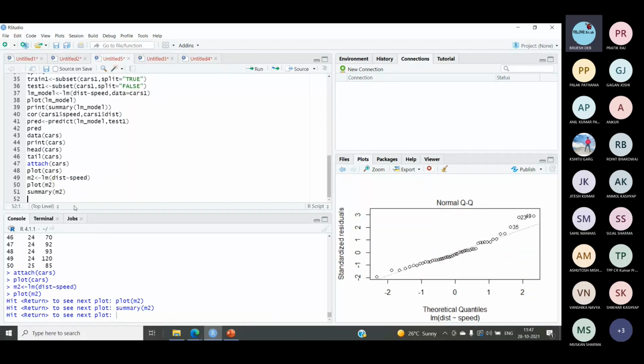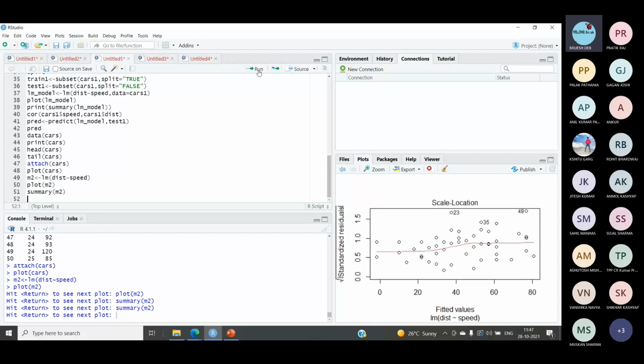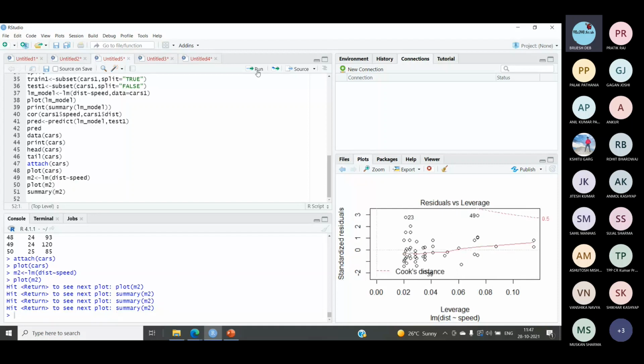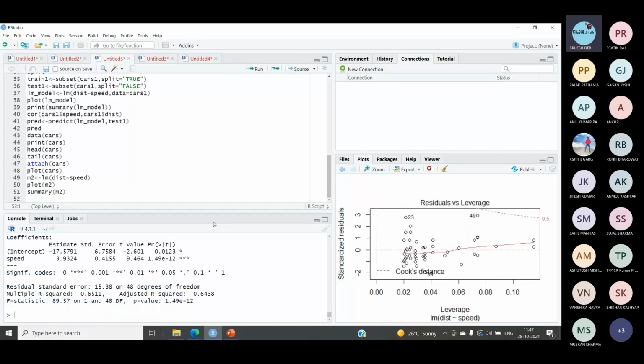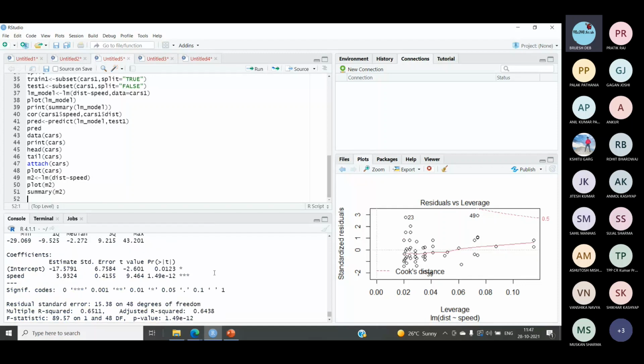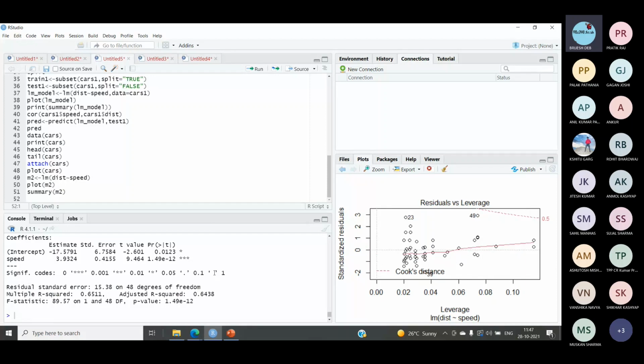Done. Fine. So the summary is coming over here. All types of error, percentage of error, each and everything has been presented over here. Now next exercise.